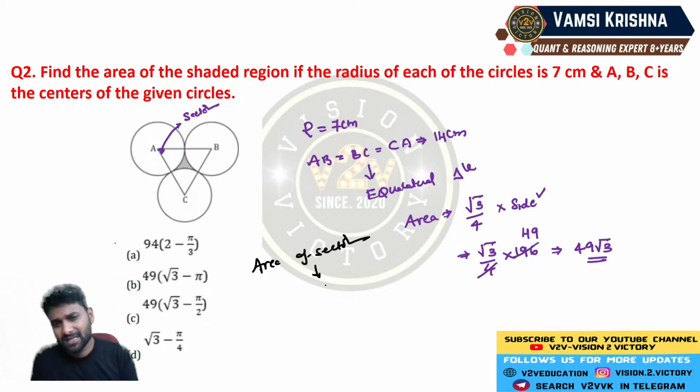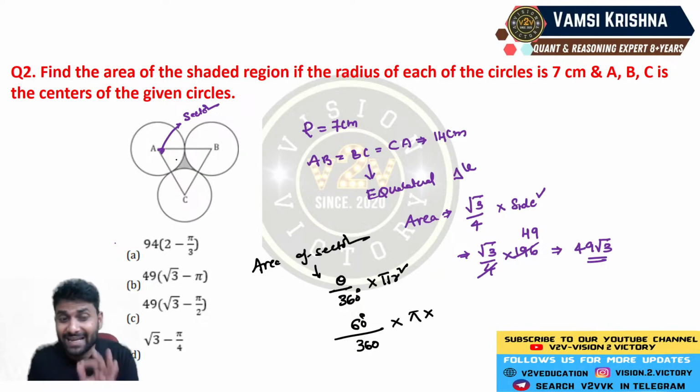Area of sector is exactly equal to theta by 360 degrees multiplied by pi r square. That is one of the formulas, you know that. Now you already know that theta is exactly equal to 60 degrees. Why? Because it is an equilateral triangle. So 60 by 360 is multiplied by pi into